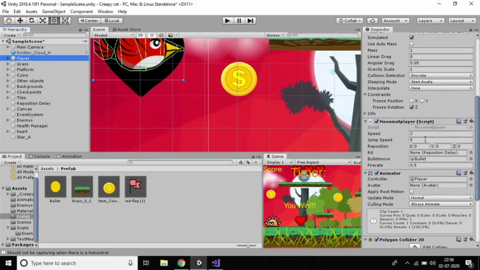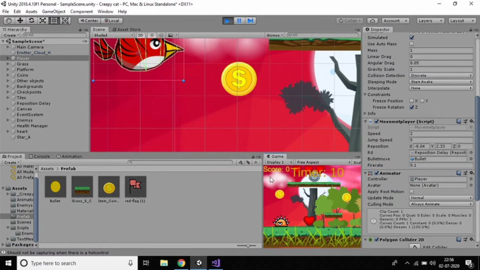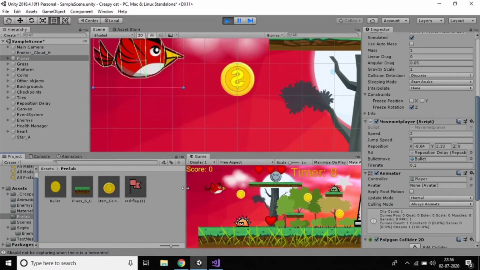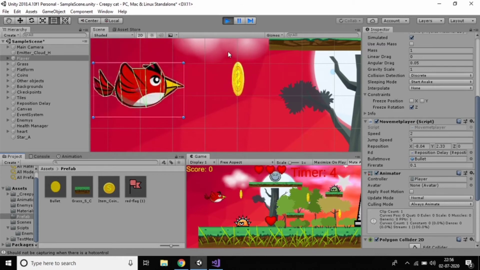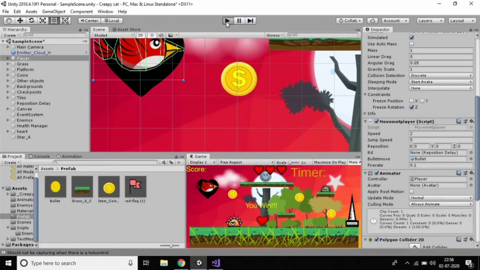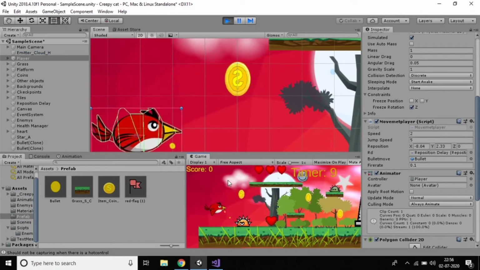So yes, of course, you can increase the fire rate to 0.1f. Now if I play alt, it's not getting. So what happens? If I press the control.